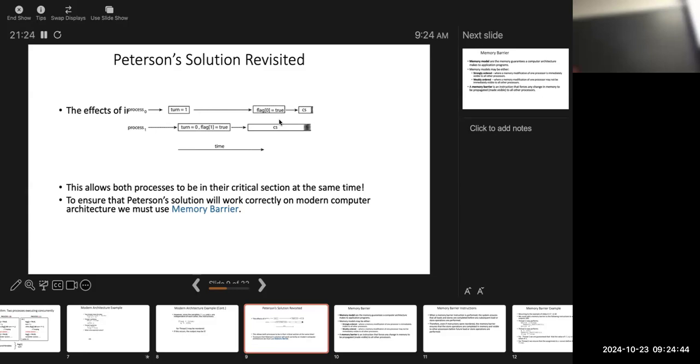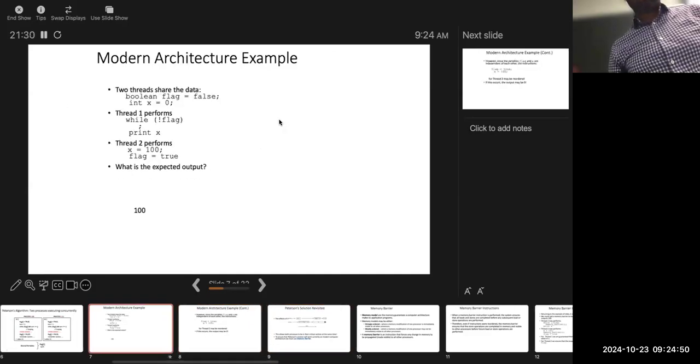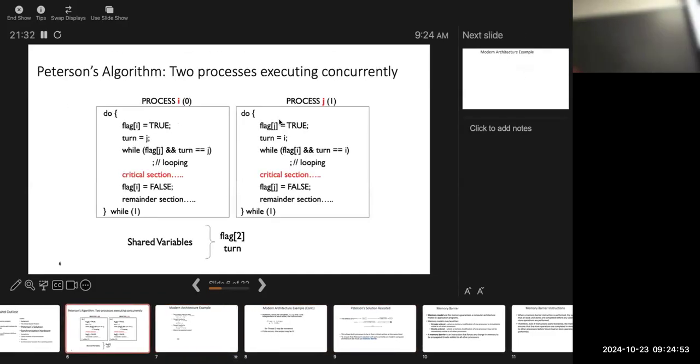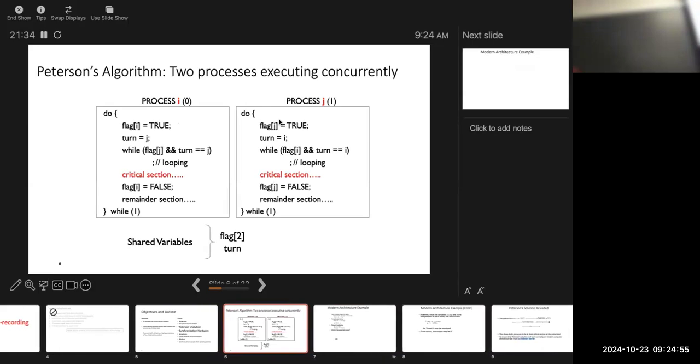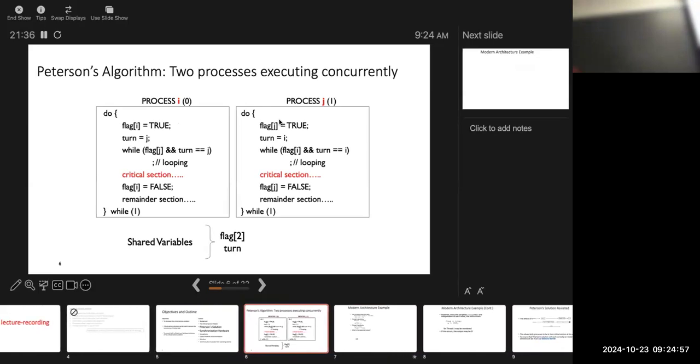Process 1 executes, so process 1 sees turn is equal to 0, flag 1 is equal to true. So the while condition becomes true for process 1. Because what does this condition say? It says while flag 0